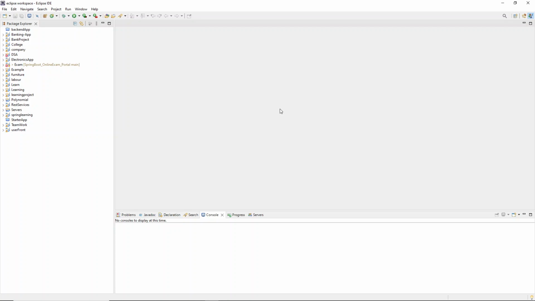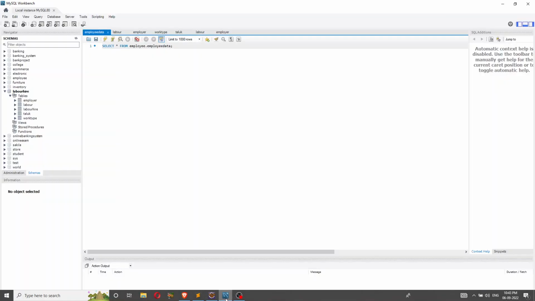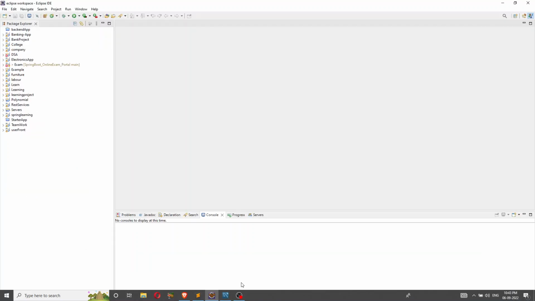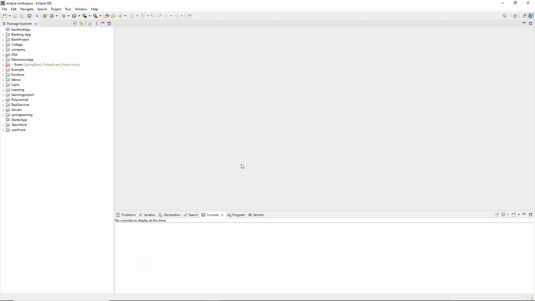For the Spring Boot project, I'm using Eclipse IDE, and for the database, I'm using MySQL Workbench. I'll show you step by step how we can achieve this. All right, so the first and foremost thing we have to do is set up the project